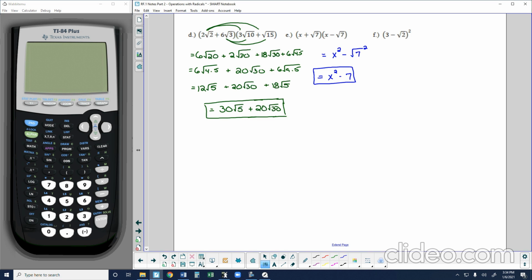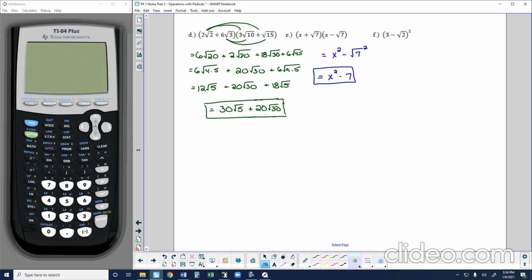You can distribute through that if you need to, but this is actually a problem we've probably seen before. You don't necessarily have to distribute there. We can use the difference of two squares property that we talked about earlier this year. For F,